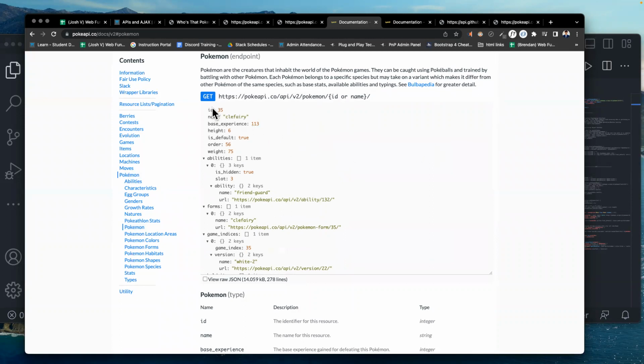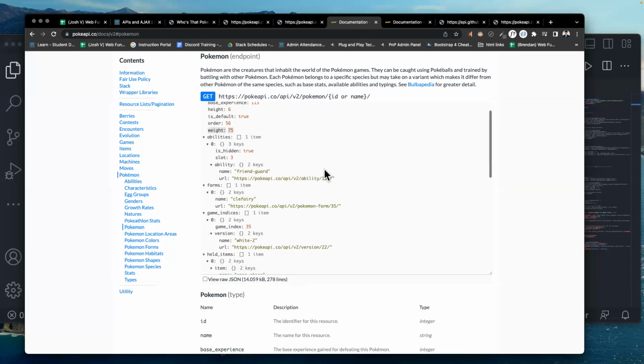Each Pokemon has an ID. This one is number 35, and its name is Clefairy. So whatever you put in this area here has to be the ID or name. There are two different identifying factors that would give you Clefairy's base experience level, its height, its order, its weight.